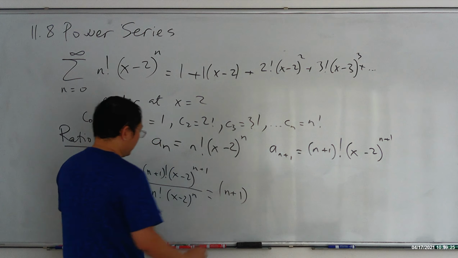This limit right here is not a constant. It depends on x. Three cases. The first one, x plus 3 less than 1. And that means -1 less than x plus 3 less than 1. And that means you subtract the 3 on the other side. You get -4 less than x less than -2. It is absolute convergence